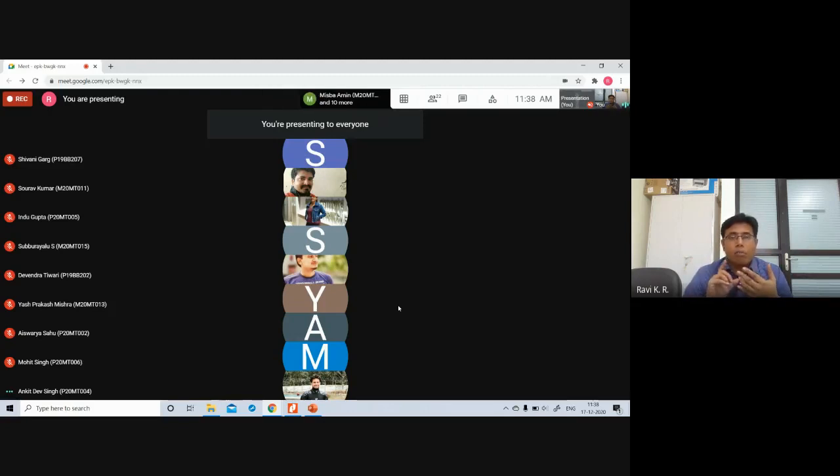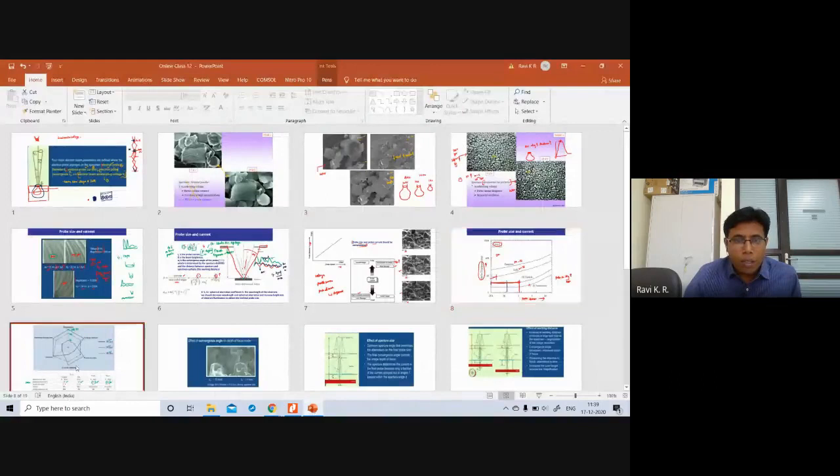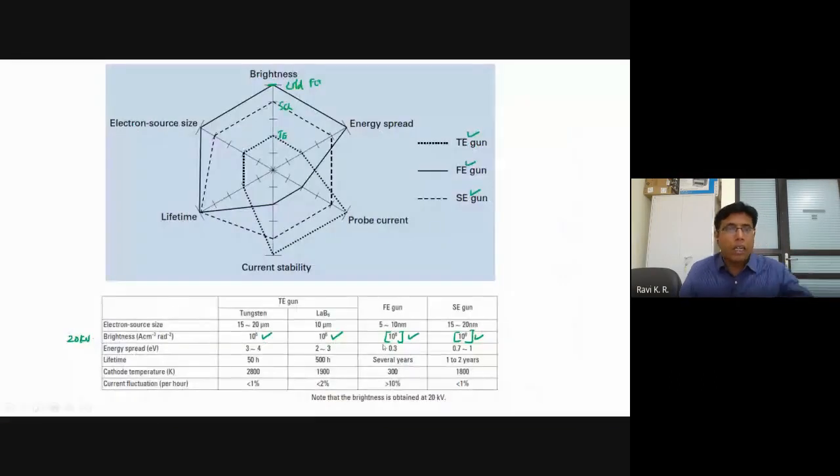So another thing is the probe diameter and the probe current. Probe current is actually the one which you can vary, especially in a field emission gun. You have a lot of range where you can, without changing the probe diameter. We don't want to increase the probe diameter. Without increasing the probe diameter, you can increase the probe current. So when you increase the probe current, automatically the signal to noise ratio is increasing. So it is better to work at a higher probe current where you don't increase the probe diameter. Okay, so these are the important aspects of the beam parameters in the scanning electron microscope.